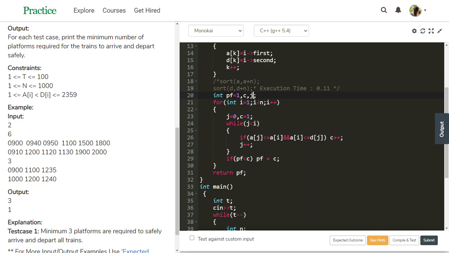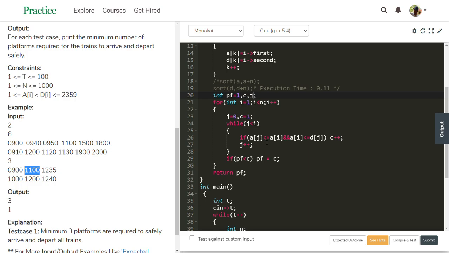Then j equal to 0, check this one, j is this 900, c equal to 1, which means initially one platform is there. Then the while loop starts because we are checking the previous trains. j less than I, 0 less than 1, is true. Then check this arrival time with these details. This arrival time A of I is 1100, A of j is 900.